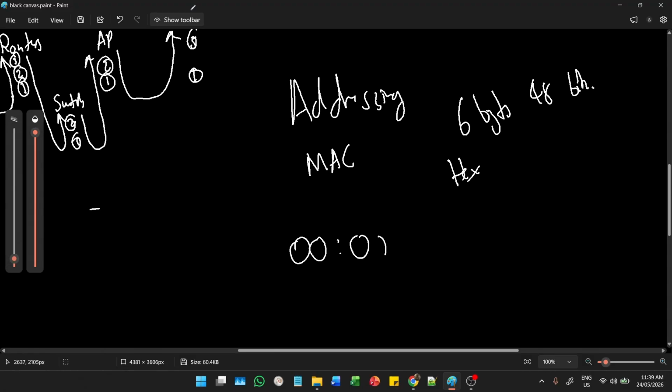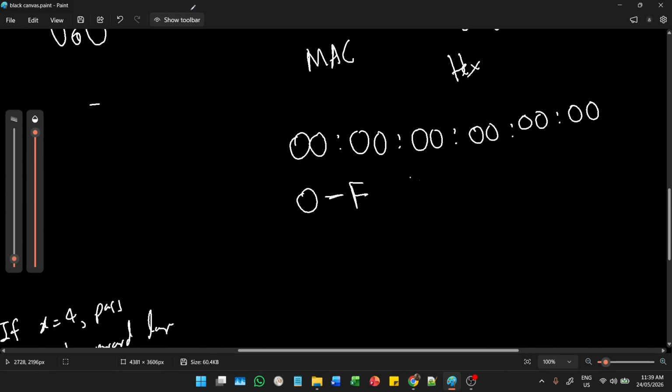So here is the 6 values, 6 bytes, 48 bits. It can range from 0 to F, and what will happen is every single device has its own specific